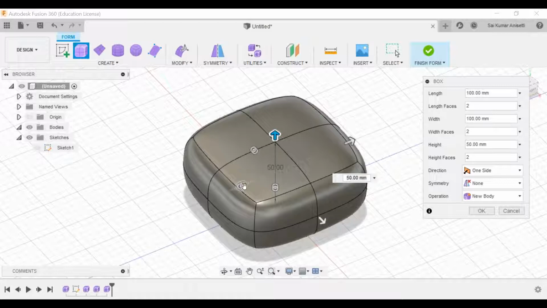And if you observe, there are two arrow marks like bracket symbols. So what they actually do is, if you observe, the top face is divided into four faces. See, the length of the body is 100, and the length of the face is 2. That means one, two. This is one compartment and two compartment.